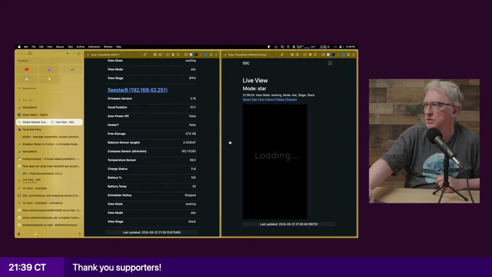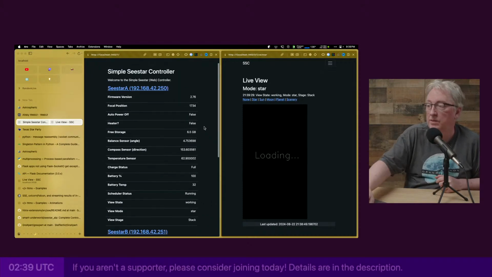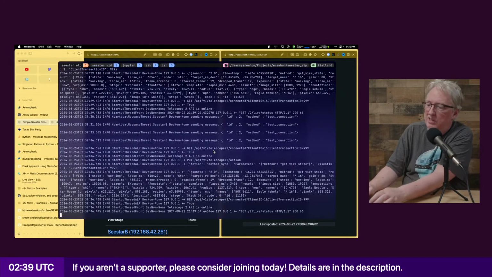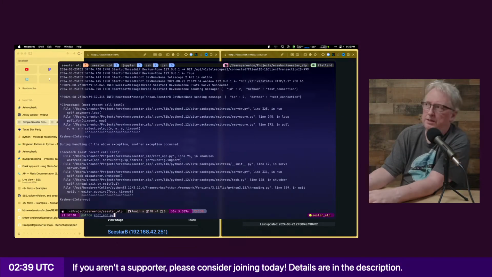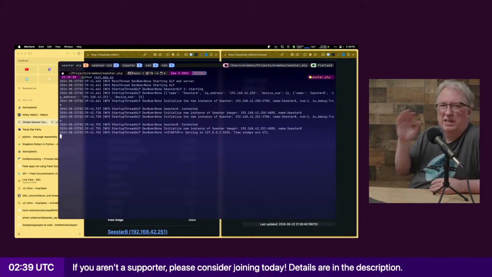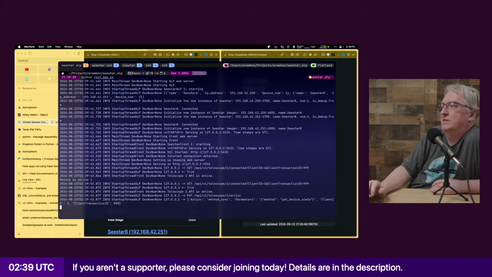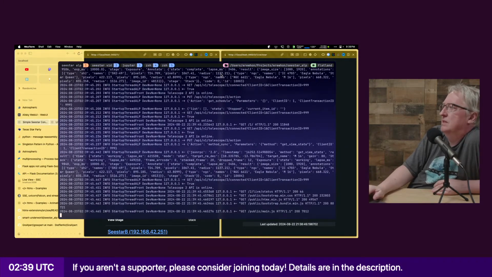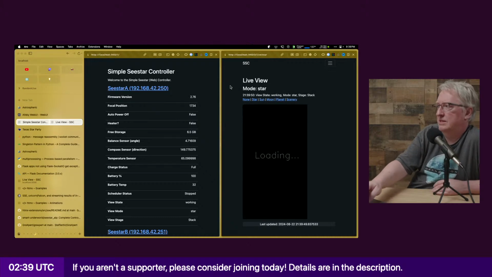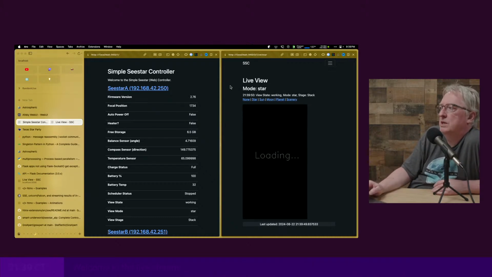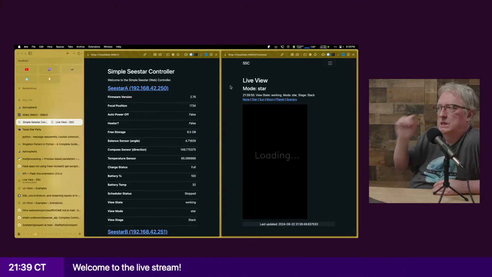So this one is supposedly stacking. What I'm actually going to do is stop and restart it. And like I say, this is one of the reasons why I have it set to be experimental in the UI, because of these issues where it ends up in a kind of a bad state.